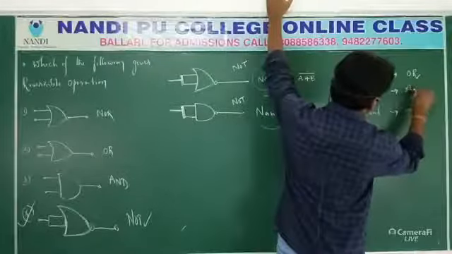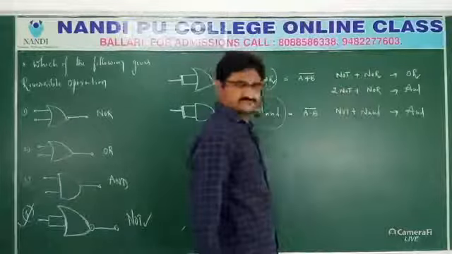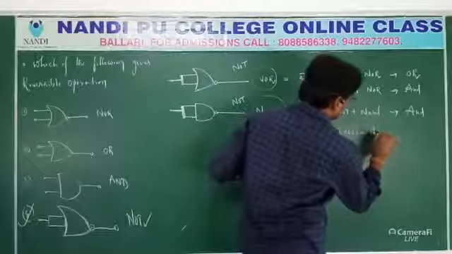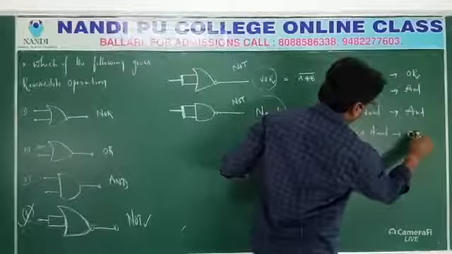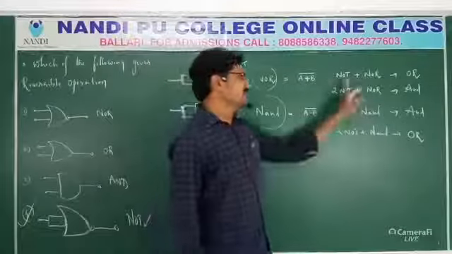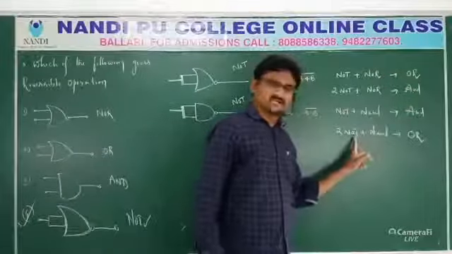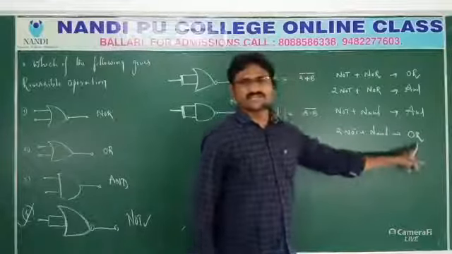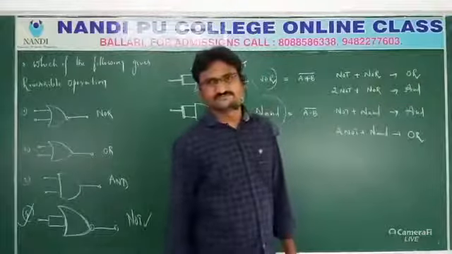In this particular case, if I add two NOT gates, two NOT plus NOR, the opposite gate will come, which is the AND gate. If I take two NOT gates plus a NAND gate, it will give you the OR gate. In a general way, OR gate, in a general way, AND gate. When two NOT gates are added to a NAND gate, an OR gate will come. Two NOT gates for a NOR gate, an AND gate will come.